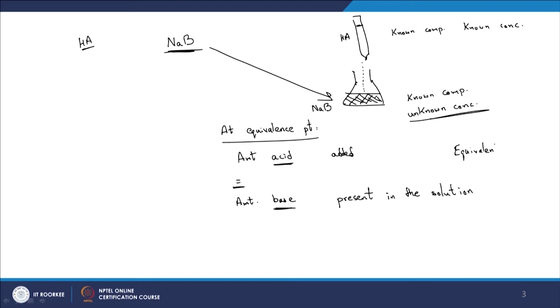And I think we are familiar with what we are talking about at this stage of the class anyway. So again, the amount of acid added would be equal to or equivalent to the amount of base present in the solution. But vice versa, let us say if you had an acid in your conical flask, you can titrate it with a base, and so then how can we transform this particular sentence here? The amount of base added would be equal to the amount of acid that is present in the solution, right? So that is straightforward. So again, let us look at one case and try to calculate this equivalence point.